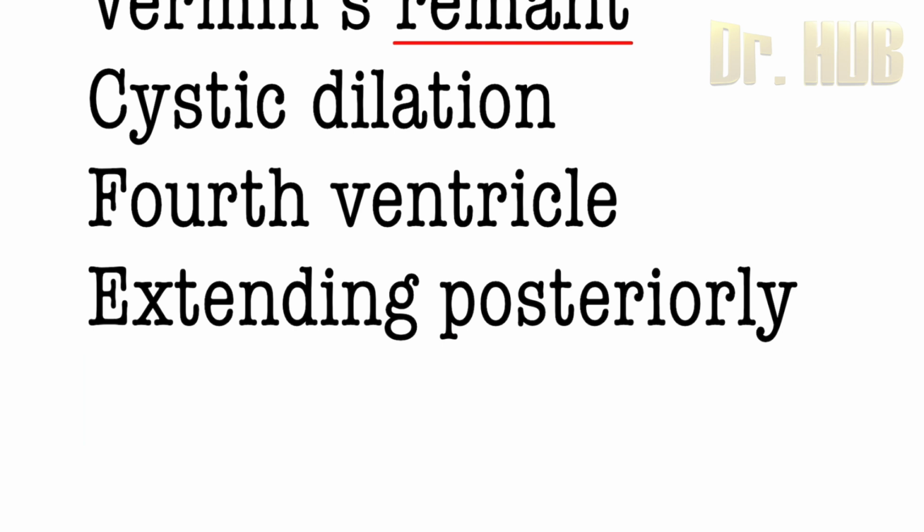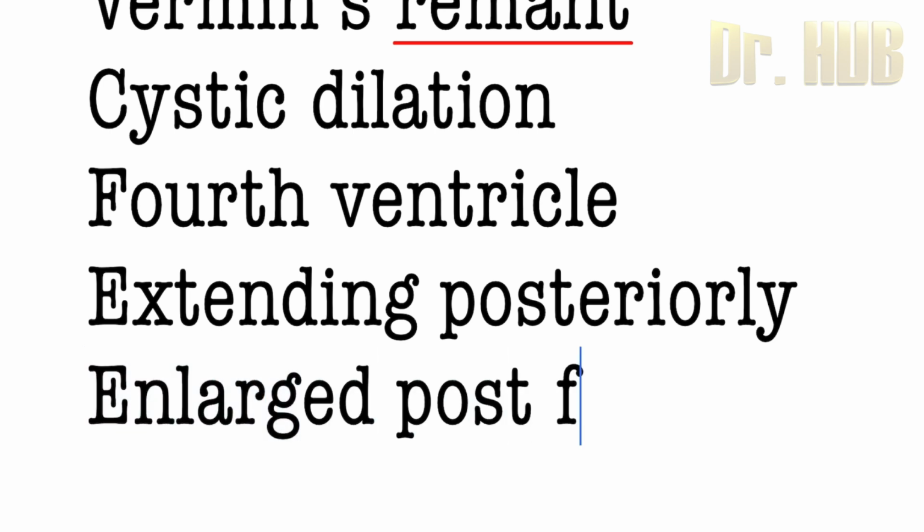So there is a triad of hypoplasia of the vermis and cephalad rotation of the vermian remnant. Next comes the cystic dilation of the fourth ventricle, which extends posteriorly. Then there is the enlarged posterior fossa. So it contains the enlarged posterior fossa,